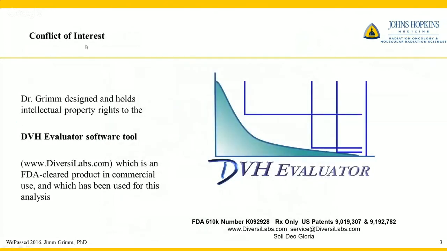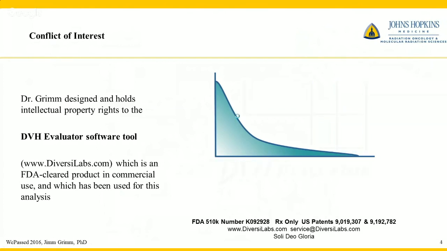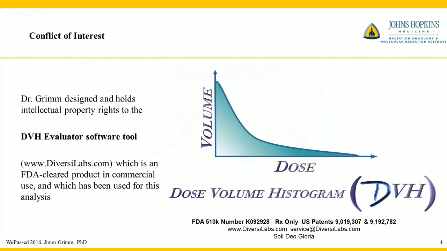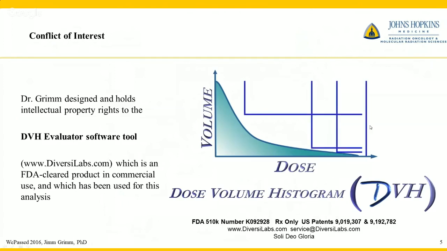My conflict of interest: I designed the DVH Evaluator software. Now the video is not keeping up. There's my first slide. Okay, it's catching up to me now. So when you overlay the limits, this is 50% volume to a low dose, and in this example DVH, there's a large space in between, so that you know that you're well below the limit and it's safe if you chose the right limit. For SBRT, the limits have much smaller volume and much higher dose per fraction.